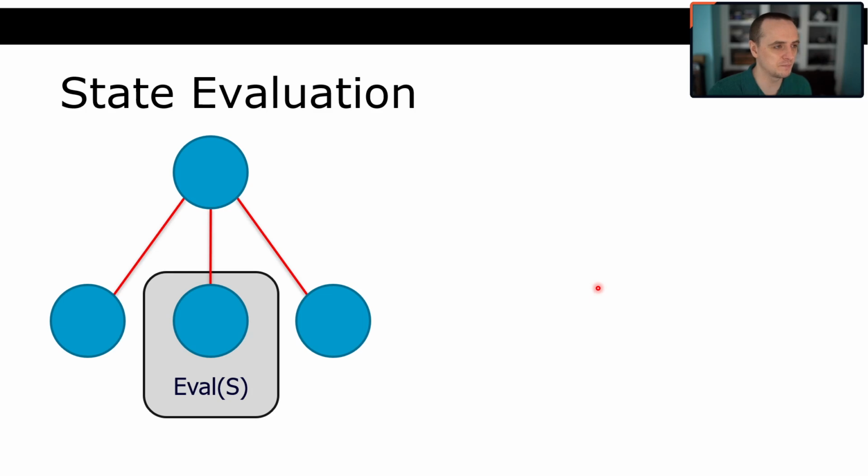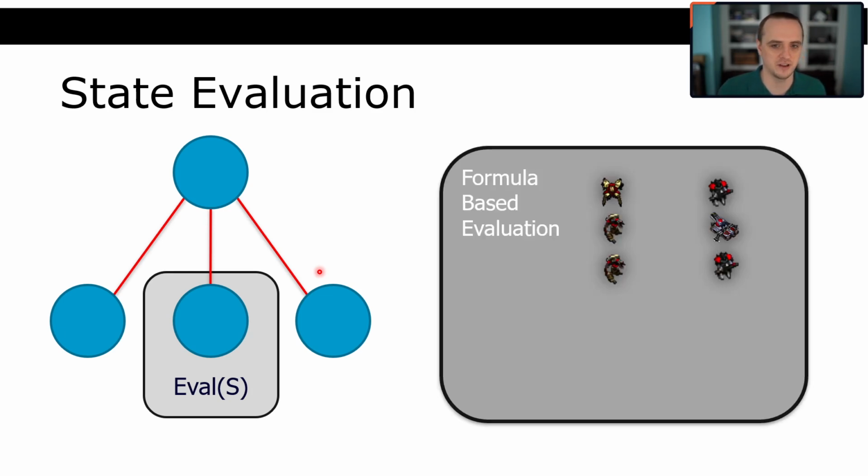Well, I've got my simulator. I can have states, but now I have to actually write the search algorithm. And part of the search algorithm is when you come to a non-terminal state, you have to be able to evaluate that state somehow. If you're at a terminal state, remember in Connect 4, at the end of a game, you can just say win or loss, 1 or 0, really easy. But of course, our search algorithm can't always search to the end of the game, so we've got to be able to somehow evaluate the intermediary nodes in that search. And so that's a really difficult problem. So let's just look at that.